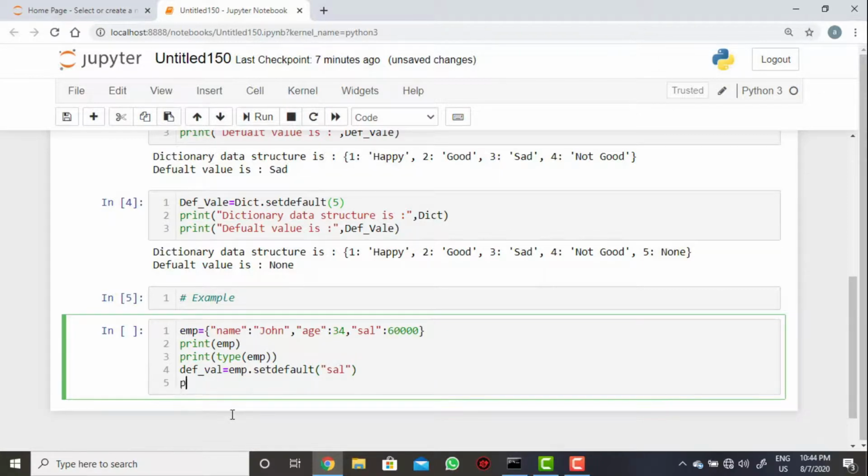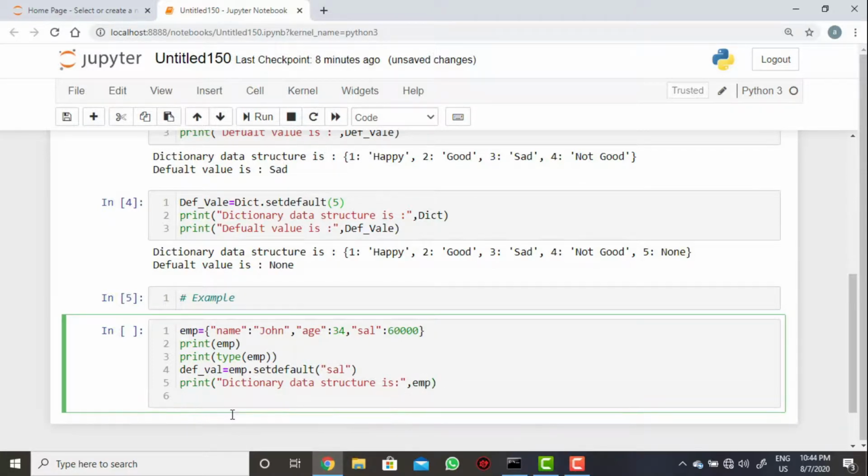So you need to capture that, print of, then dictionary data structure is, then you need to call that dictionary name emp, then print of, default value from the dictionary is, then you need to call that default value.